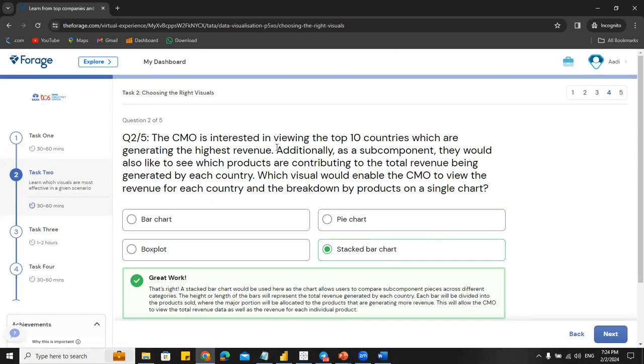The CMO is interested in viewing the top 10 countries which are generating the highest revenue. Read the scenario. Additionally, see, this point, as a subcomponent, they would also like to see which products are contributing to the total revenue being generated by each country. So you just see here, I have top 10 countries and there is a subcomponent. That means we are trying to further drill down